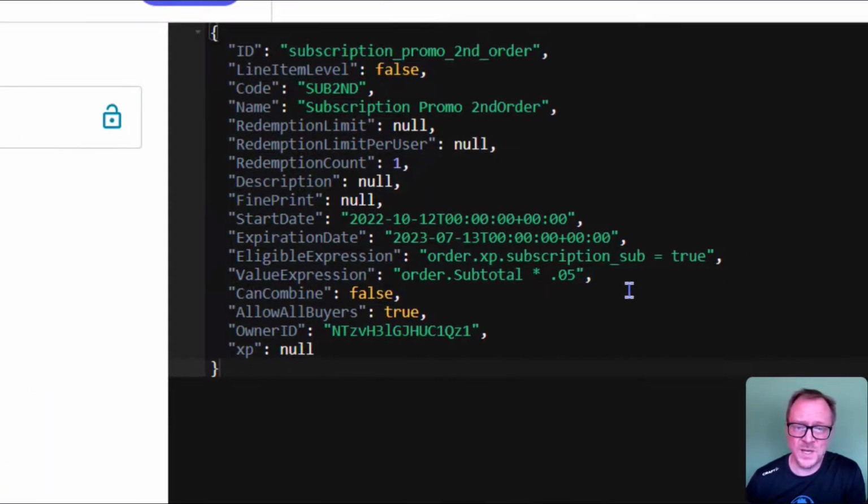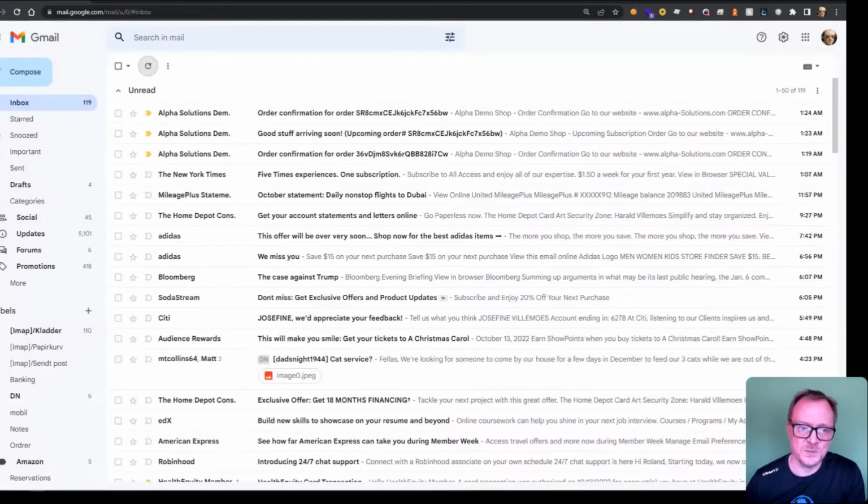Now, when we know that, we can switch to where we define promotions in Order Cloud, and we can basically create a simple formula saying that if order subscription is true, evaluate the value expression with 0.05, which means like 5% in the discount. So it's easy, no code at all. It's purely configuration to do this.